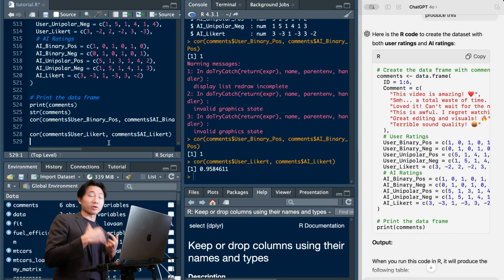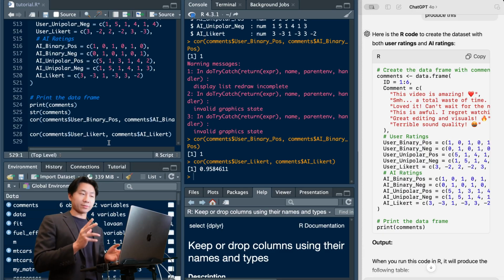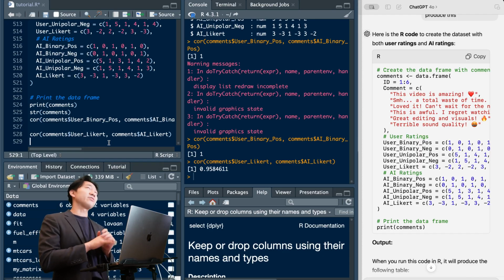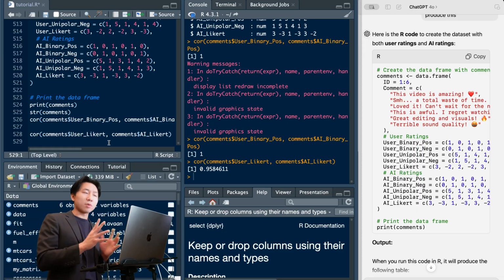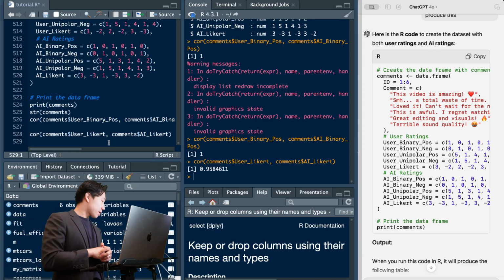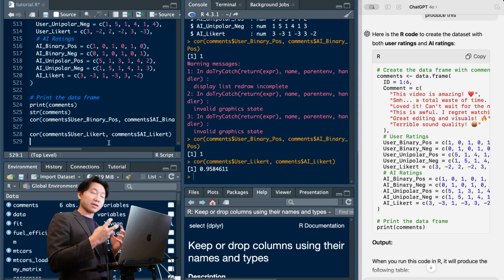In real life, they aren't going to be this high, but there have been a number of studies coming out that show, one of the biggest studies examined 15,000 tweets and news headlines across 12 different languages, and they found that across different domains of emotion and sentiment and even morality, the correlations between humans and AI when doing both binary and Likert type ratings were in the 0.7 range, somewhere between 0.5 to 0.8, as high as 0.9. So AI models really are using these scales and rating short texts in similar ways as humans.